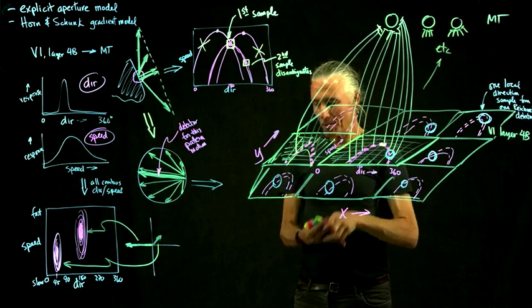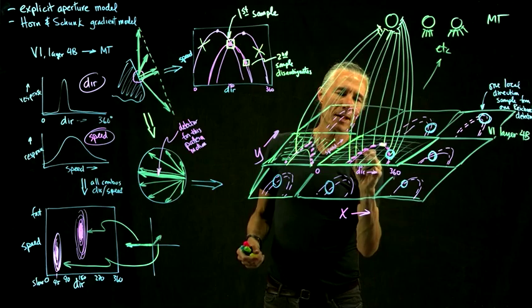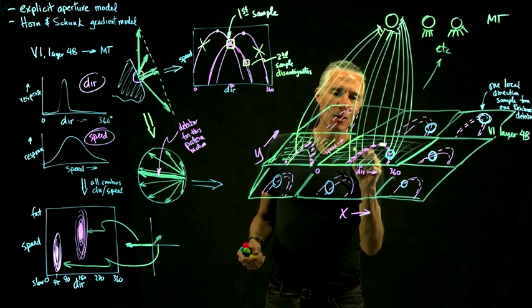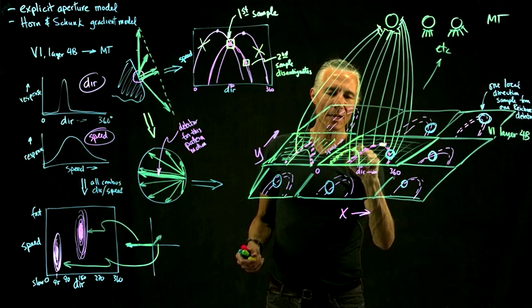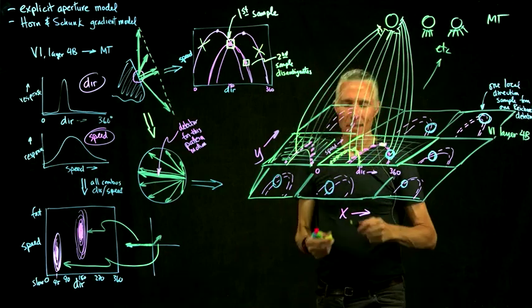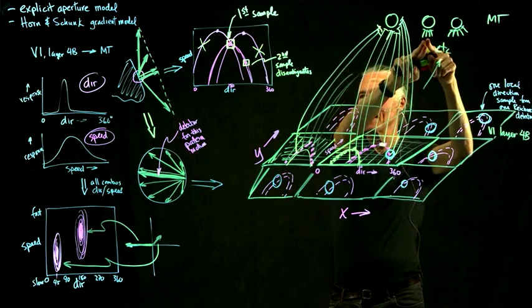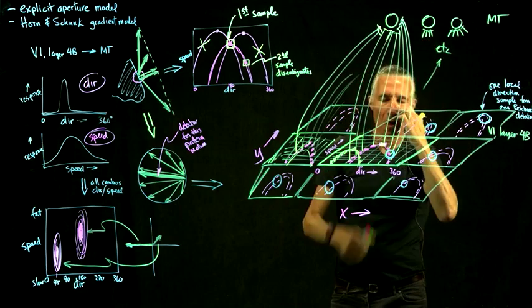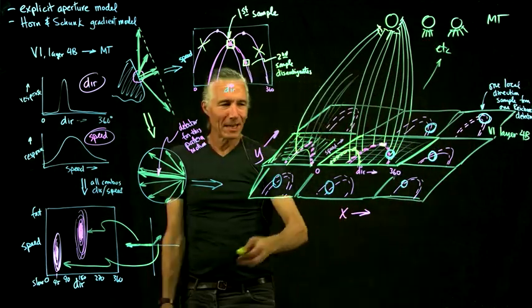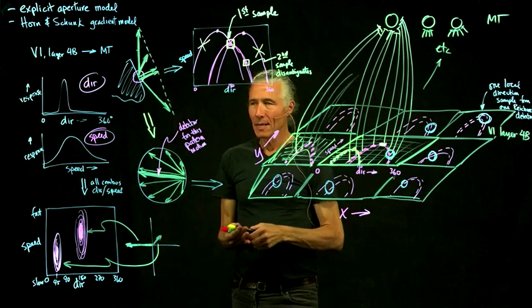Let's just draw one other one. Say we have a slower speed. Here's another set of units that are going to project up to a different MT unit. Might be something like that. And all those units across space again are going to go to this one. You can see it's a rat's nest of connections,